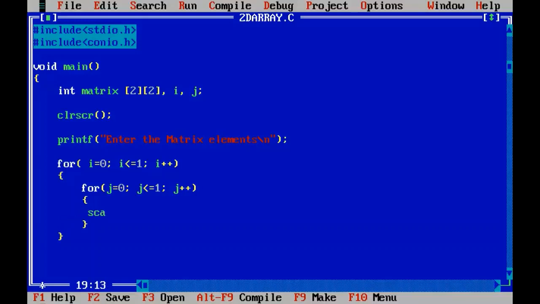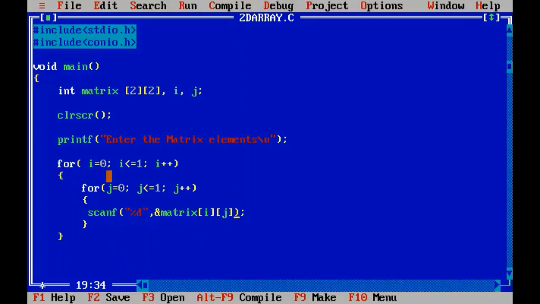So here I'll use the scanf function, right? It will accept the element every time, ampersand matrix of i cross j. See, look at what I'm doing here.